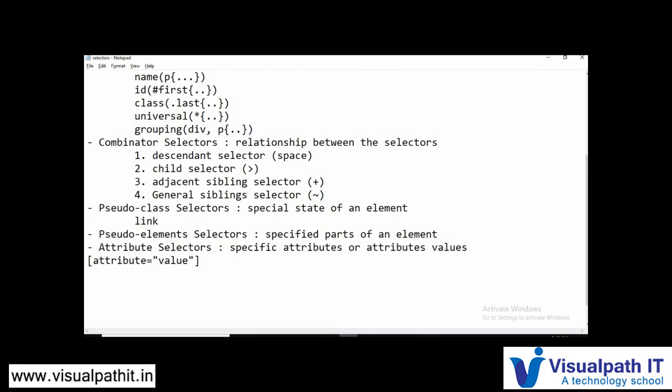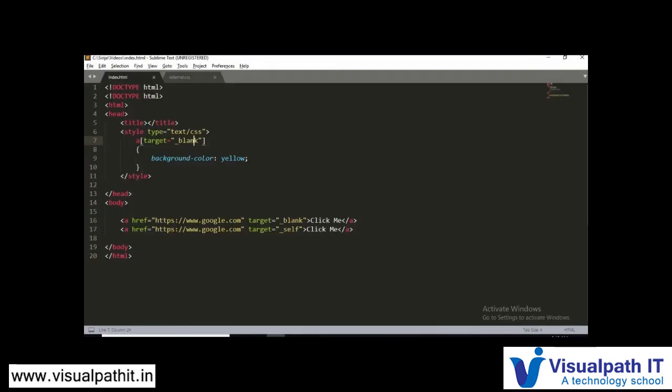Now there's another one also, that is attribute tilde equals to the value. The syntax will be like this. Now what will be happening over here? This selector is used to select elements with an attribute value containing a specified word. It's mostly the same, but the only difference is here it will search for the word. First it searches for the tag and then both, and here the main concept is the word.